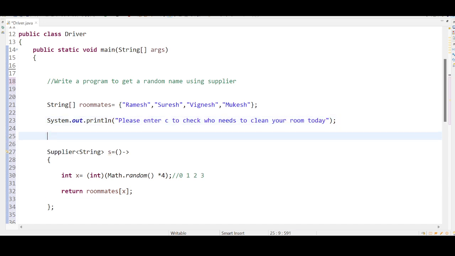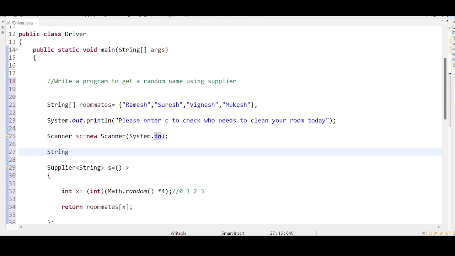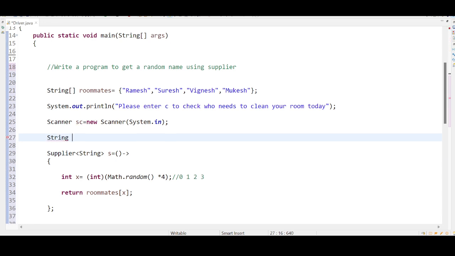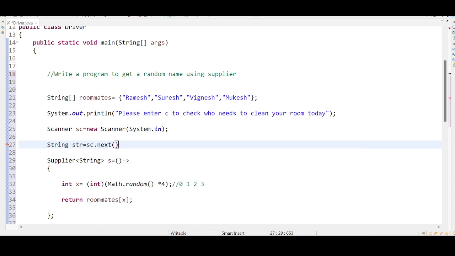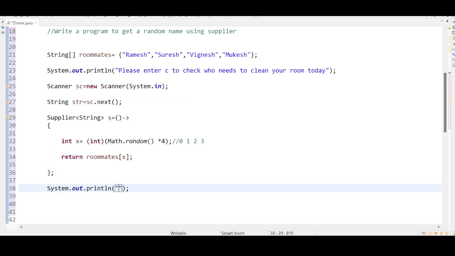I want to use the Scanner class to accept the input from the end user. Scanner sc equal to new Scanner, with the argument System.in. I am storing that in String str equal to sc.next. I am just giving the information on the console. After this, I have a statement something like: today it's